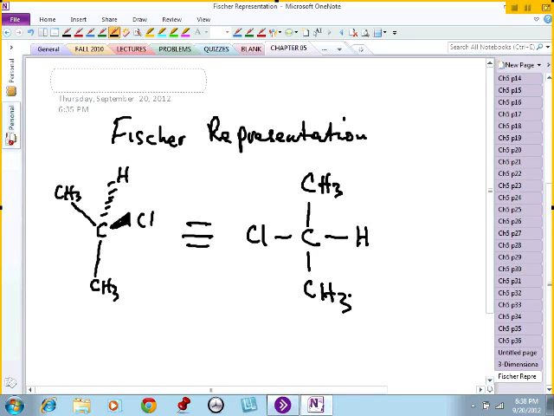So what have I done here? What I've done here is to use a two-dimensional structure to represent a three-dimensional molecule. And what does this mean? This is what we call the Fisher representation. In the Fisher representation,